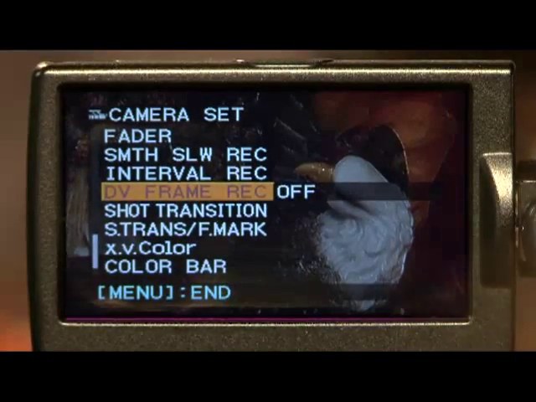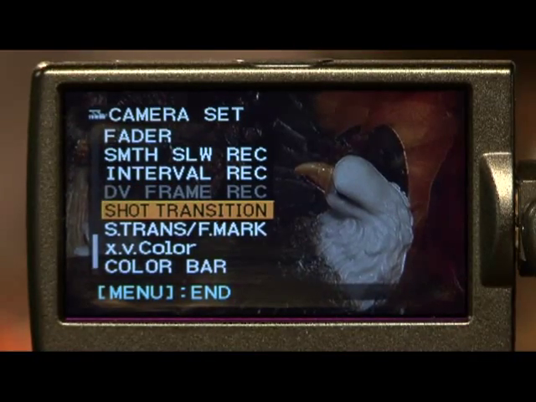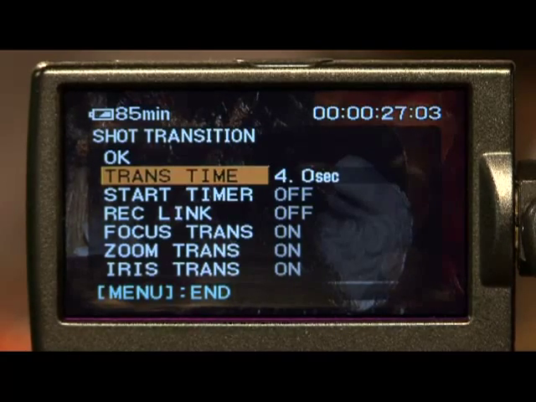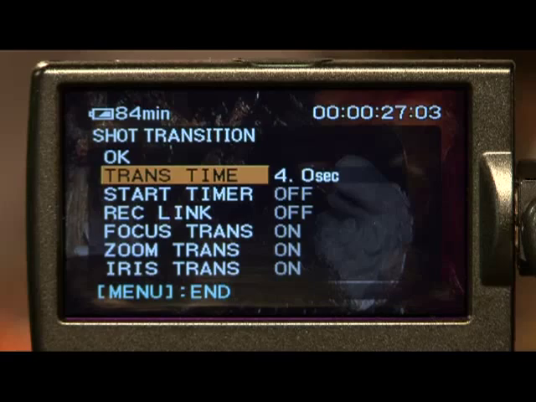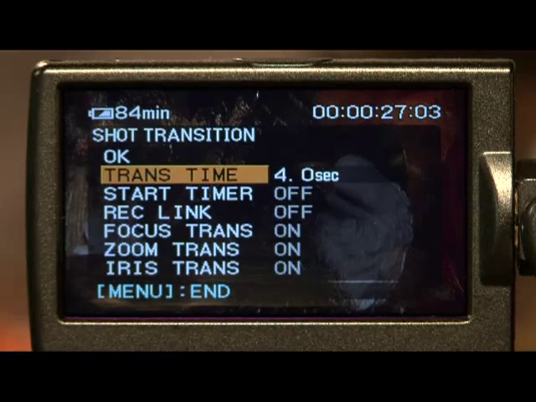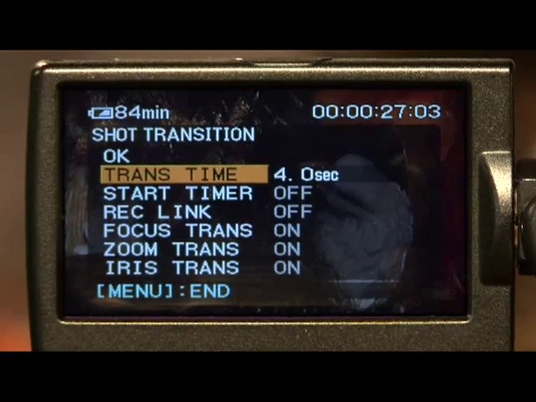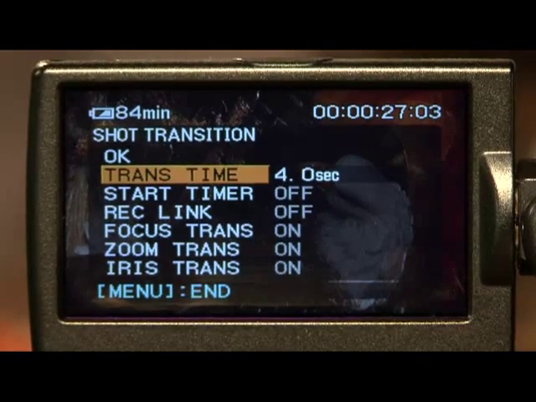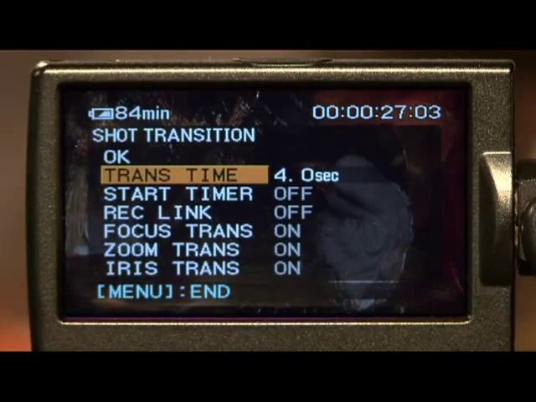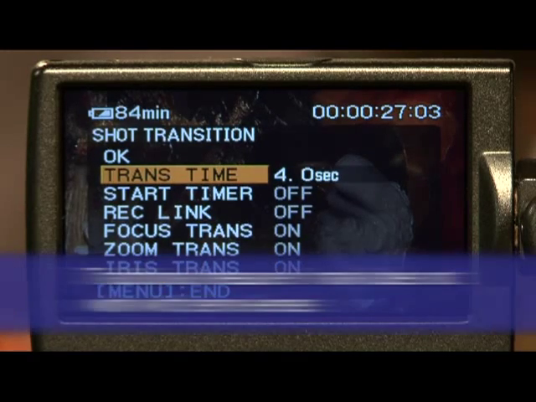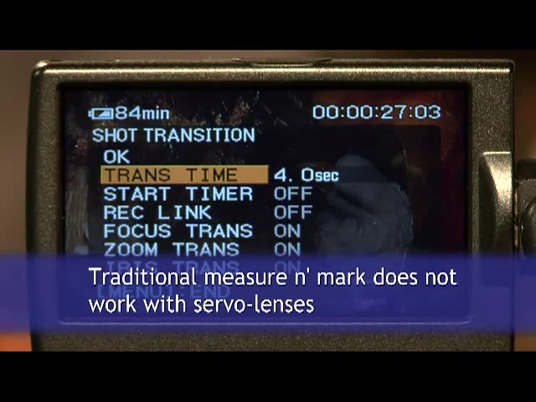Stepping back down, we have shot transition. This is one of my favorite features. One of the things that these small format camcorders don't offer perfectly is what's called measure and mark. What measure and mark means is it's a way of setting up our shot so that we're using a measuring device to measure from the lens to our subject. Well, one way we can perfectly create a measure and mark system for pulling focus and pulling exposure is by using shot transition. So we're going to open up the shot transition menu, and you can see here we have,